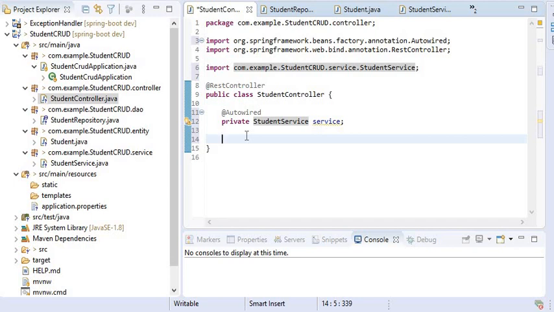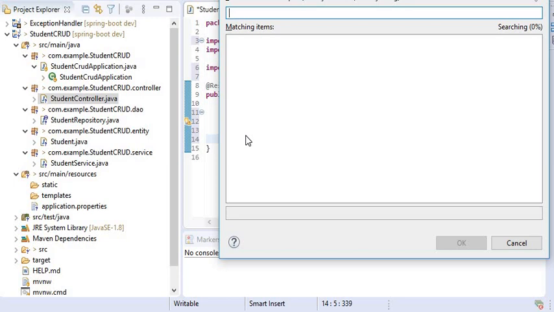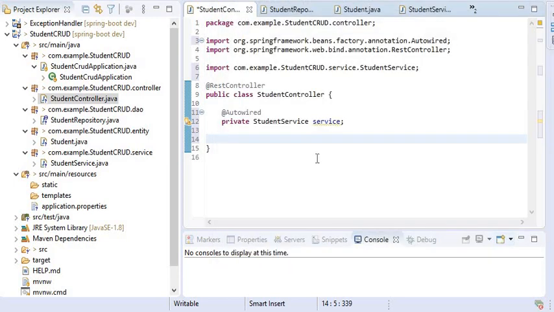Now inside my controller I will create the REST API and REST endpoints. So first I will create addStudent, and here I will pass @RequestBody as a parameter.